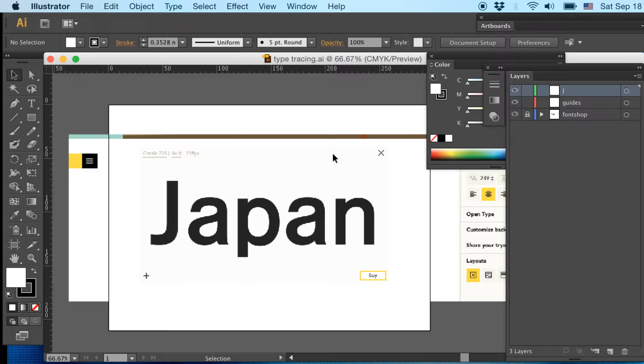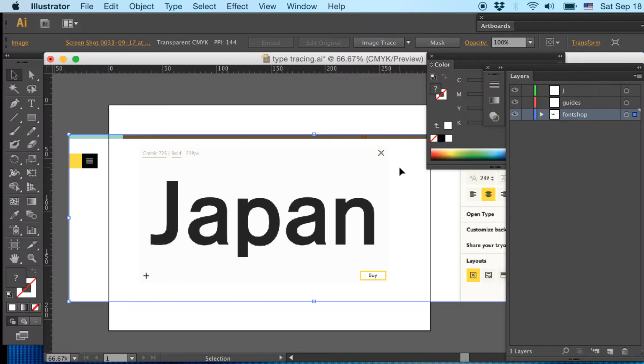In this tutorial, I'll be going over the work that is due this Monday, specifically the project in which you are tracing the letter forms from FontShop. As you see here in Illustrator, I have already a screenshot from FontShop in my board here. To prepare for this, I'm going to click on the screenshot, and I will drop the opacity